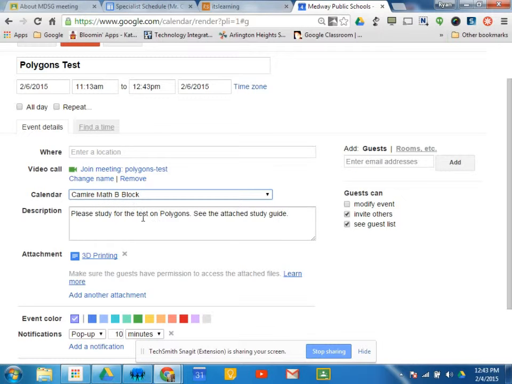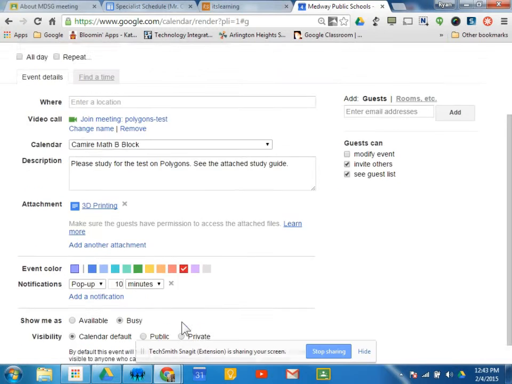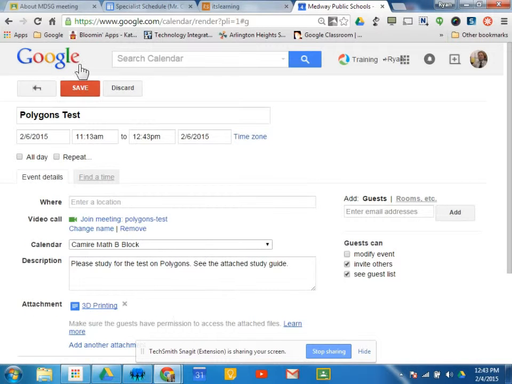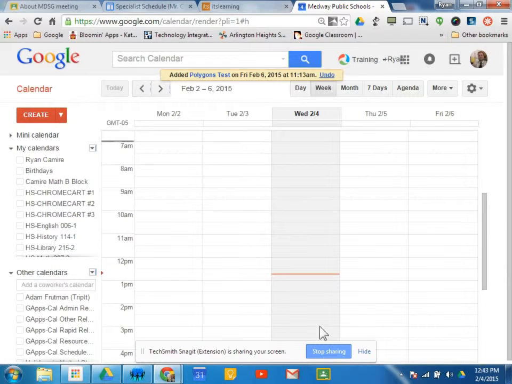Okay. So title, date and time, I can choose the calendar, any attachments. I can color code. Maybe red is going to be my tests always. Once that's in there, I can click save. And you're going to see here